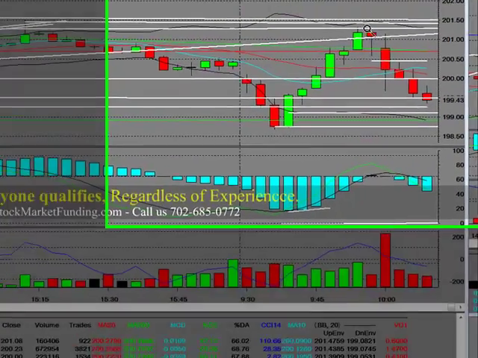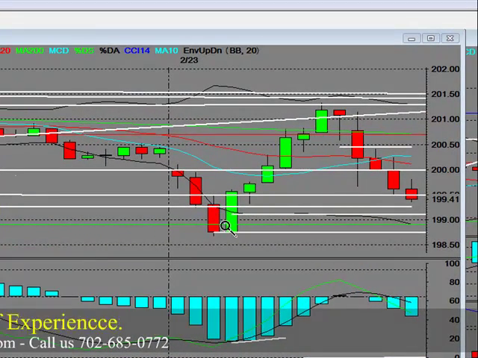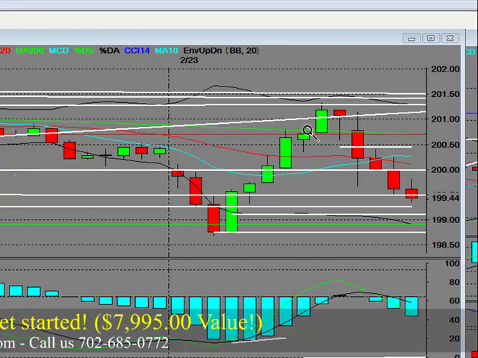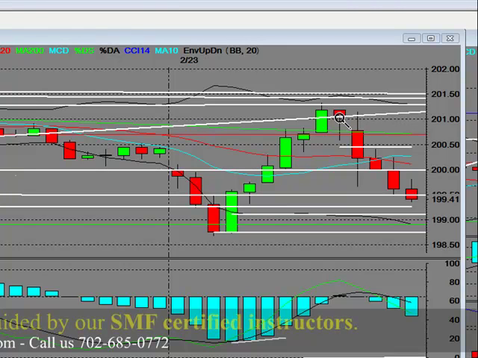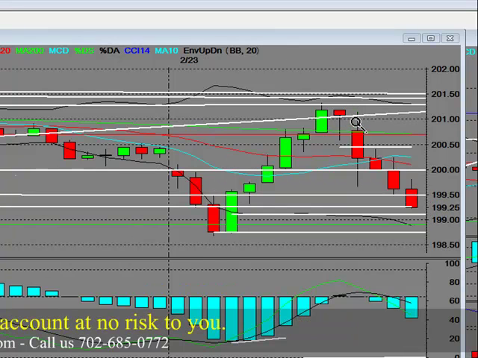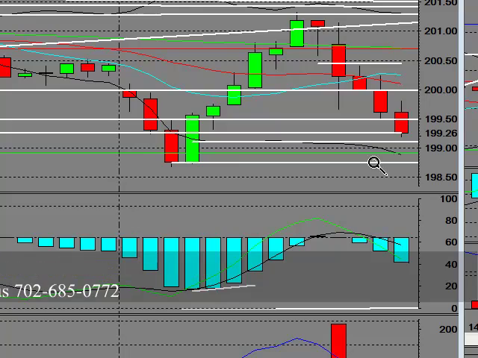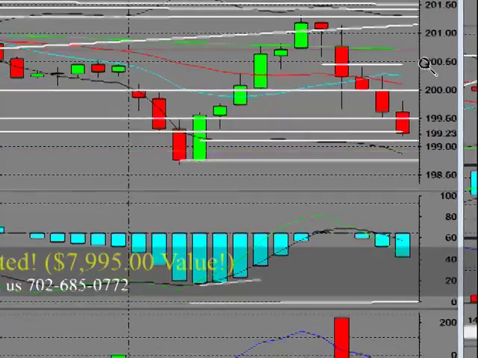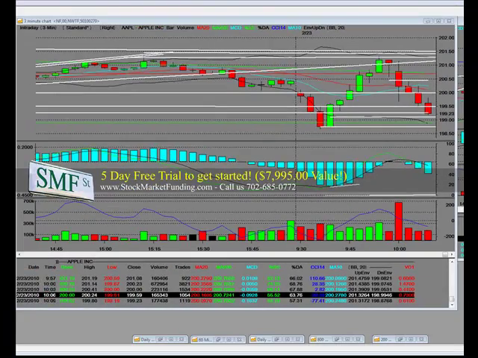Here on the Apple tape, the conclusion is how to buy the bottom, how to use the SMF Pro Trader bar, where to put the stop, what the reversal top is. You let it come down. You don't short the first down tick. You let it come up and you test it. And when it fills up here, you go in short. Half of this bar right here, you stay short. Like I said over here, you can go up in resistance and you let the short run. Straight up, I told you it would fail, which it did. All of this happened in 30 minutes, people.